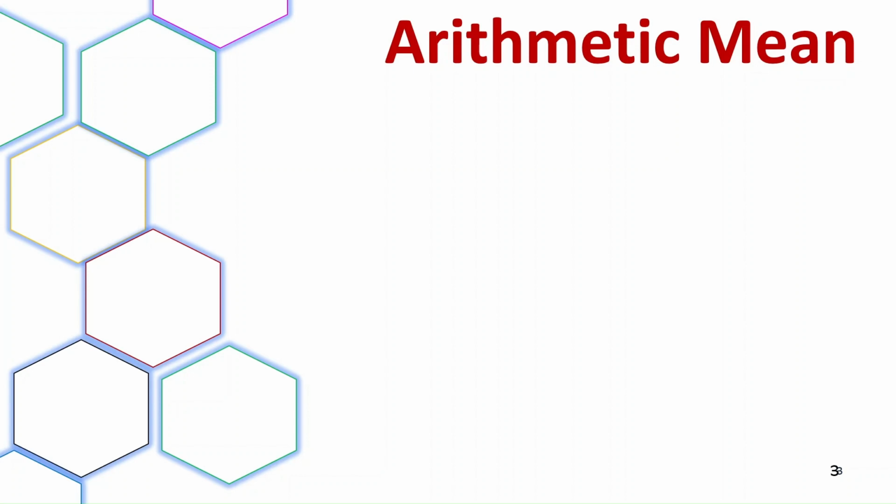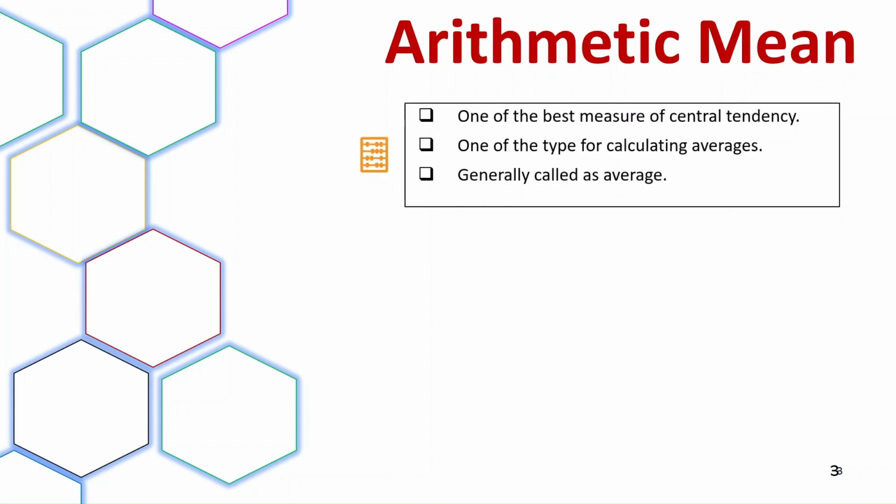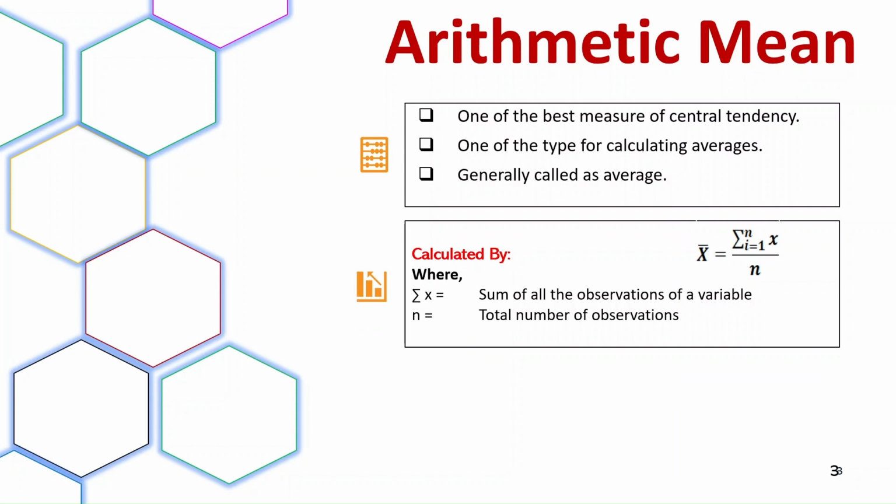As we know, for some data we are more interested in finding a central value which describes the whole of the data. So arithmetic mean is one of the best measures for calculating this central value or average. Averages are calculated by different methods like arithmetic mean, mode, median, harmonic mean, or geometric mean. But arithmetic mean, which is commonly known as average and mean, is the most important and widely used method for